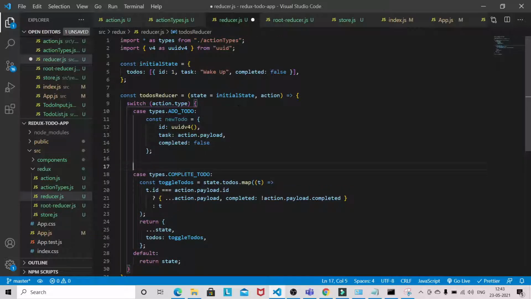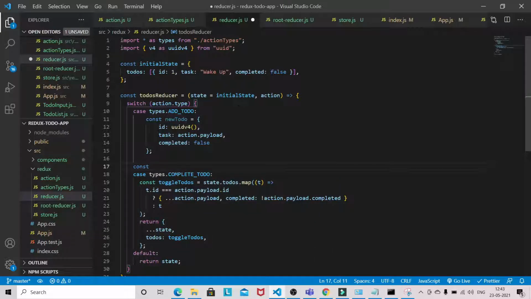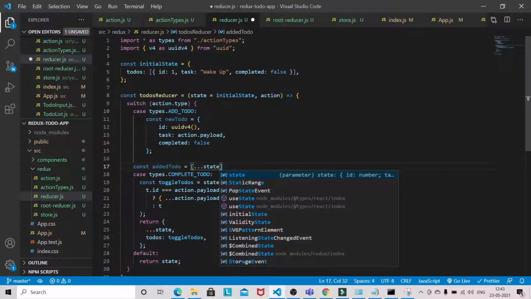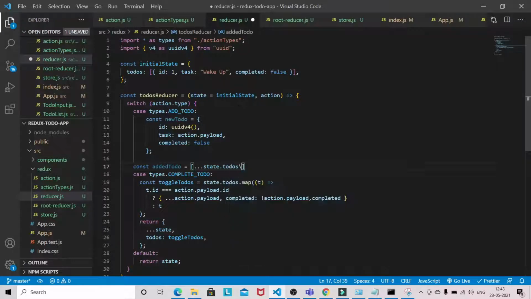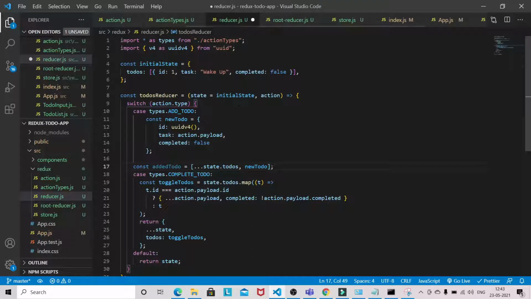Now const added to-do is equal to state dot to-dos. This new to-do will be appended here.